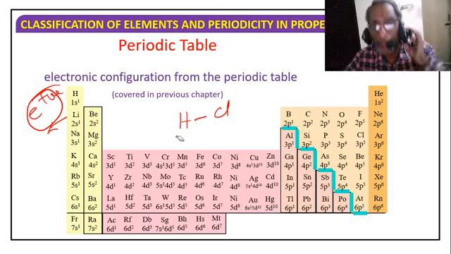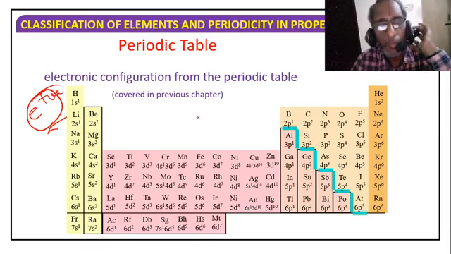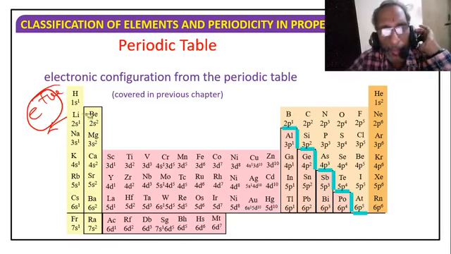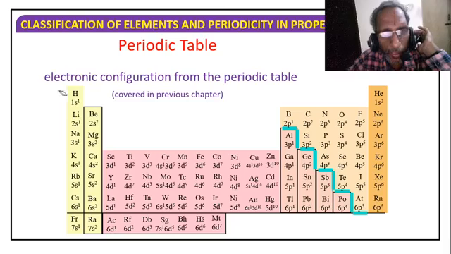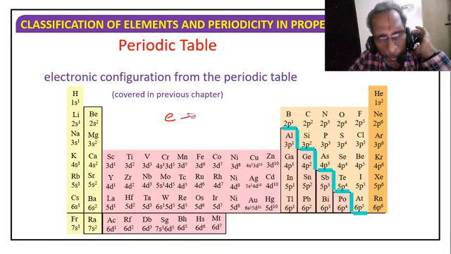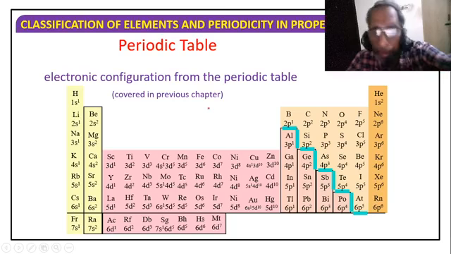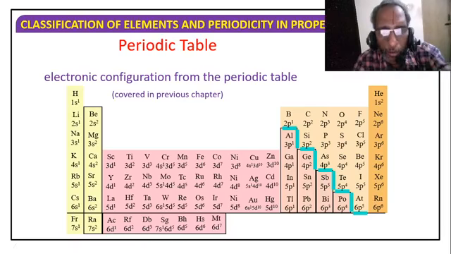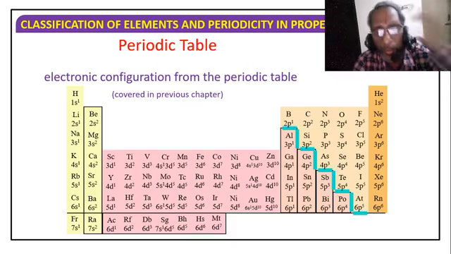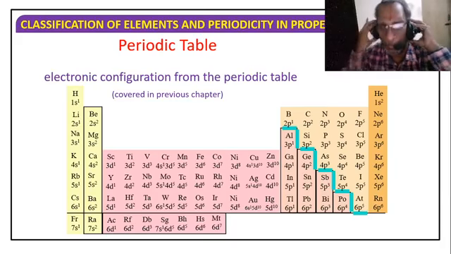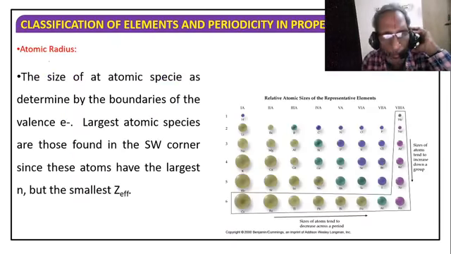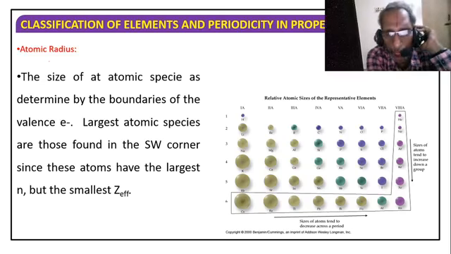So chlorine is more electronegative than hydrogen. Electronegativity is the power of attraction of electrons toward a particular atom. That is what is meant by electronegativity. What is meant by ionization energy? What is meant by electron gain enthalpy? What is meant by electronegativity, we have studied. Now with this we can finish. Let us have the other thing later.